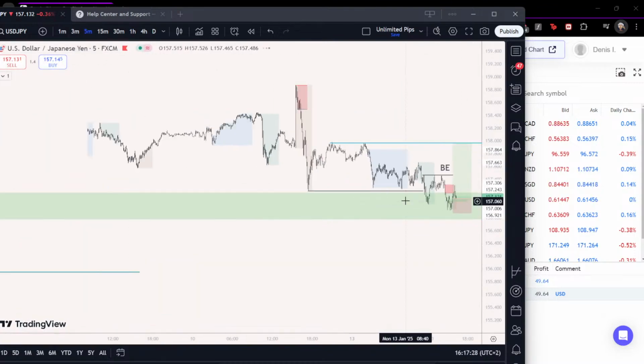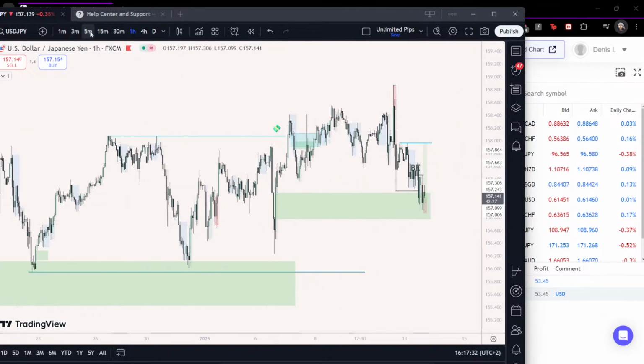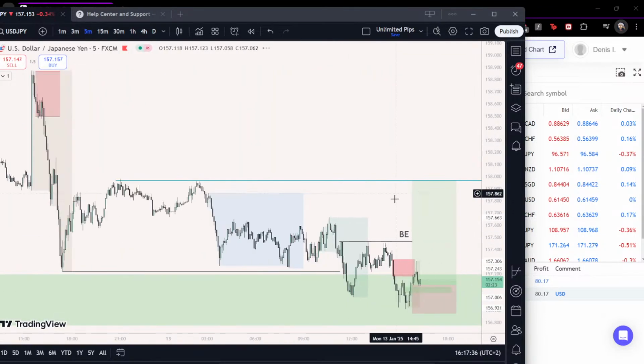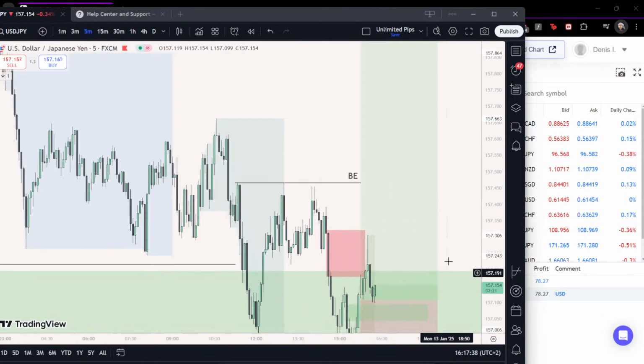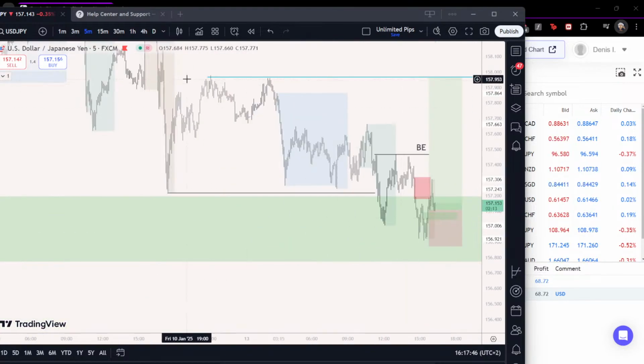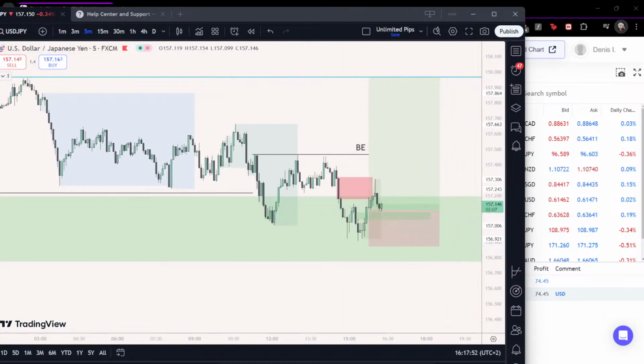And today we also have a bank holiday for USD and JPY, so it's a bit risky to take on my personal account. But overall we came into this 1 hour FVG, and from here we raided London lows, and then we got a market structure shift, breaking this high, breaking this inverse and leaving a perfect gap here. This is where I took my entry, and I'm looking to target these equal highs, and this will be my break-even point. Overall it's pretty simple, nothing complicated. Now let's just see if something happens with this trade.